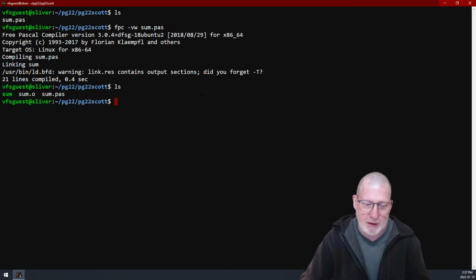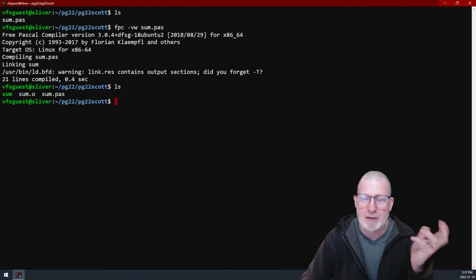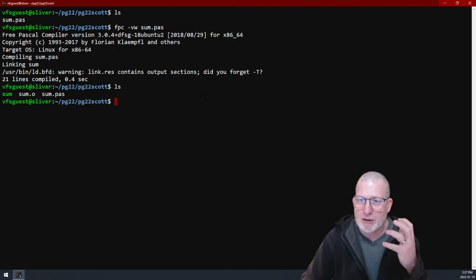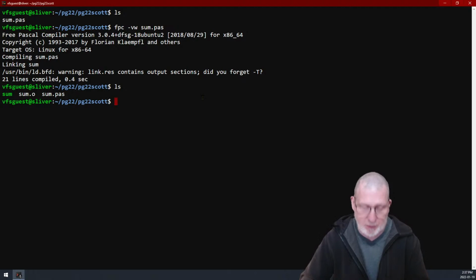What you'll find is that there's 3 files there. The .o file is an intermediate file. It's an object file, which you could technically delete at any time. The sum with no extension is the actual program. And if we do a long listing,